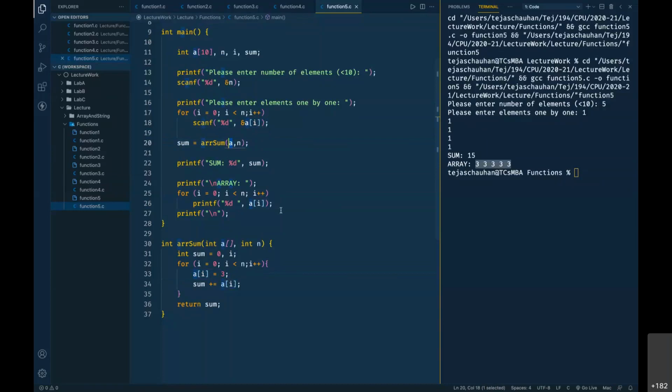Here we do not put an ampersand, then also it is going to pass the address of your original array. And this will be clearer if I change its name. Let's say I send variable a and here I receive it in b. So we need to use this b here. Okay, and I send total elements n. Let us have it x, so less than x. Okay, and this sum, let us call it total. I have changed all the variables.